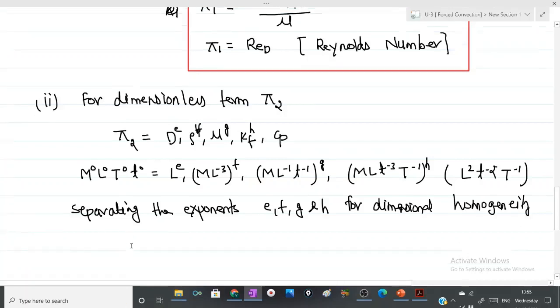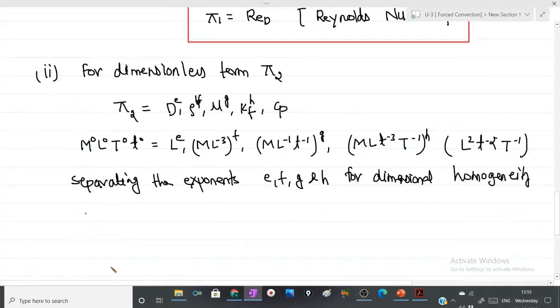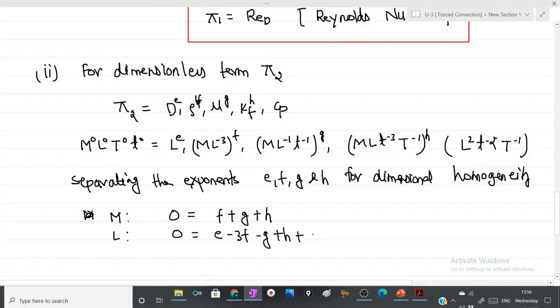So let us first write it down for M, that is mass. So it can be given as F plus E plus H. For length, it is given as you can see here, E minus D f minus D plus H plus,